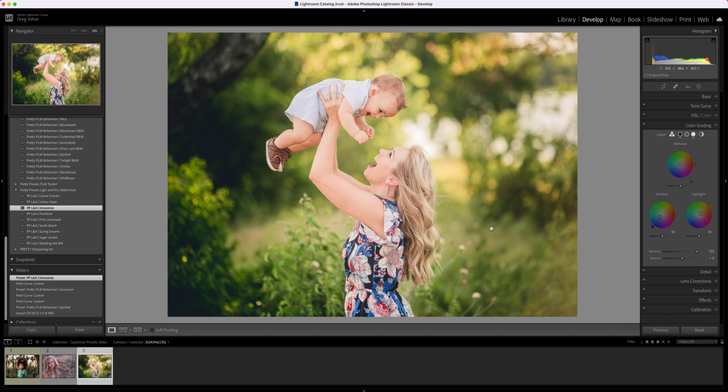And I actually wouldn't adjust this very much, but I do feel like you could see when I click on these dots what it might look like without that color grading. So if I click and drag this dot more to where it's in the center, or maybe just come down here and turn it off altogether, you can kind of see what